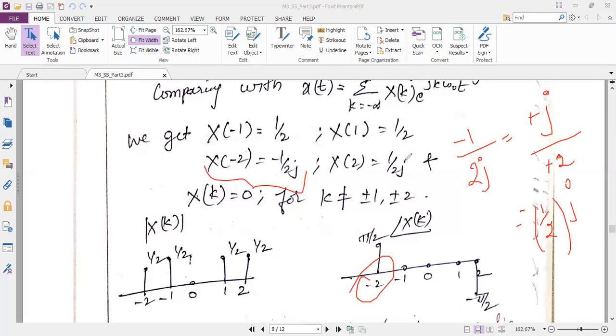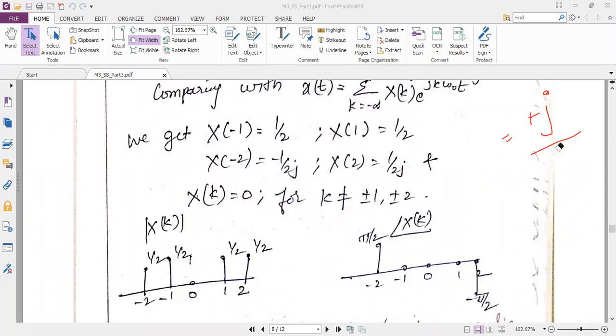So even you people should be careful with this j position. I forgot it completely when I was solving the first problem. So j should be in the numerator, so you should move it to the numerator position. When you make that change, automatically the angles are like this. For positive values of k, it is minus 90 degree. For negative values of k, it is plus 90 degree. So I want you to change it for the first problem also. I did not explain this concept of j position in the first problem. So can you all make the changes, everyone?